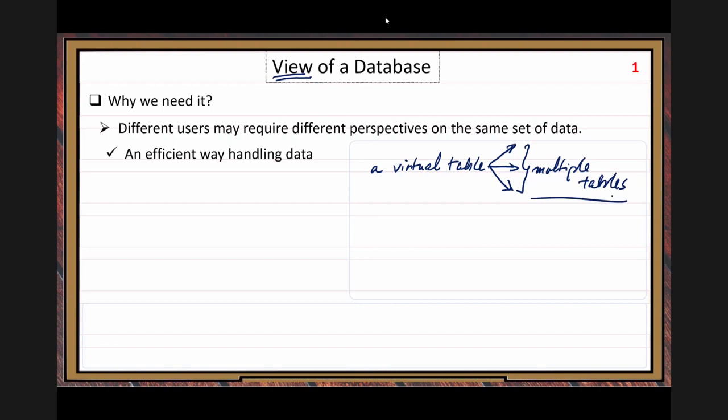And you only need to store its definition. You only need to store the definition of the view.